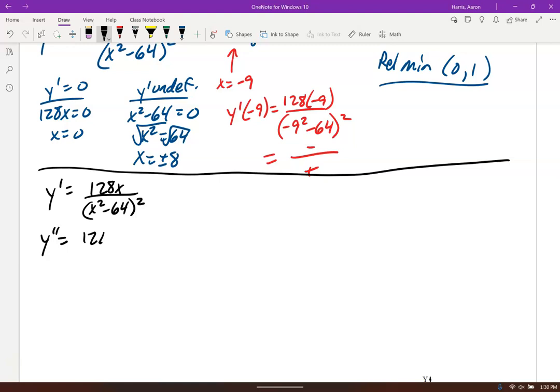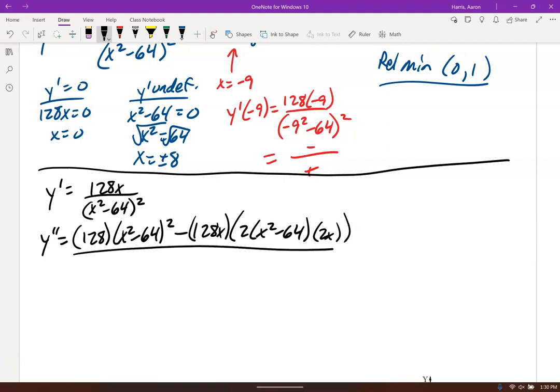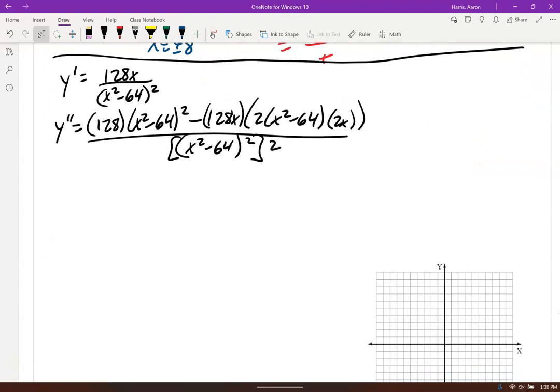Quotient rule: derivative of the top times the bottom minus the top times derivative of the bottom, which is 2 times x squared minus 64 to the first times chain rule 2x, all over bottom squared. So x squared minus 64 to the fourth. So we got, let's see, 128 times x squared minus 64 squared minus,